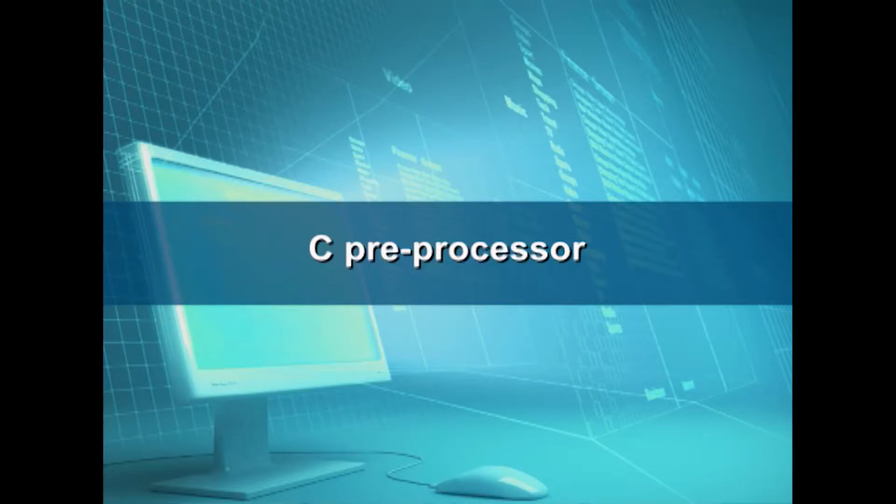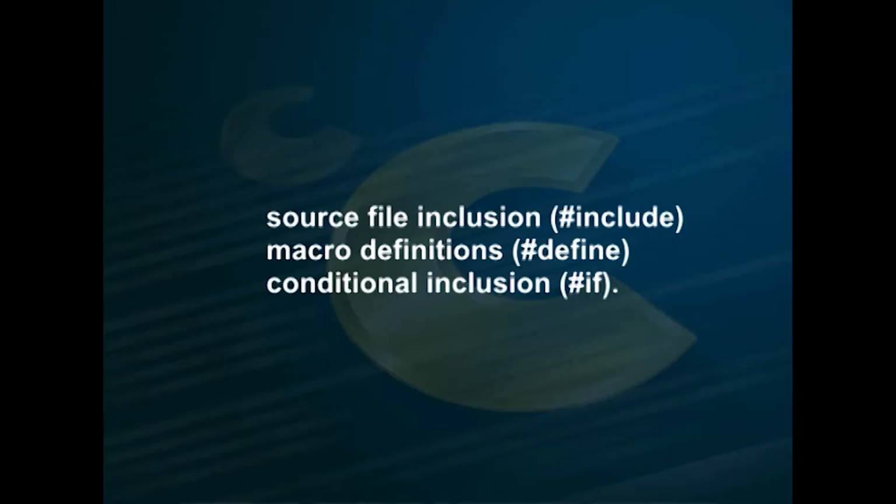C preprocessor. The preprocessor is a program that processes a C program before it undergoes compilation. It handles directives for source file inclusion, that is #include, macro definitions like #define, and conditional inclusion, #if. Note that #if is used to mark part of the code that needs to be executed based on some flag used with the compiler. The preprocessor generates code in which #include statements are replaced with the text from corresponding .h files, #define statements are replaced with the corresponding definitions, and if there are conditional inclusions, it keeps only the parts that are to be executed.